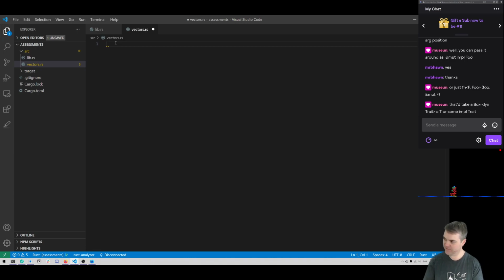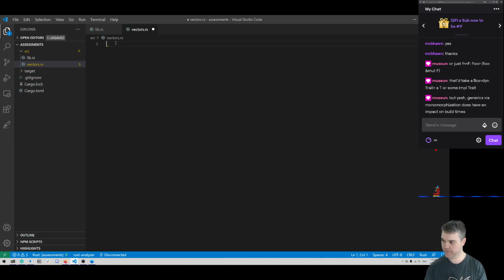Just function f, foo is an immutable reference of f that takes a Box dyn trait or a T some impl trait. Oh, nice. Oh, right, because it's a generic at that point. But yeah, generics via